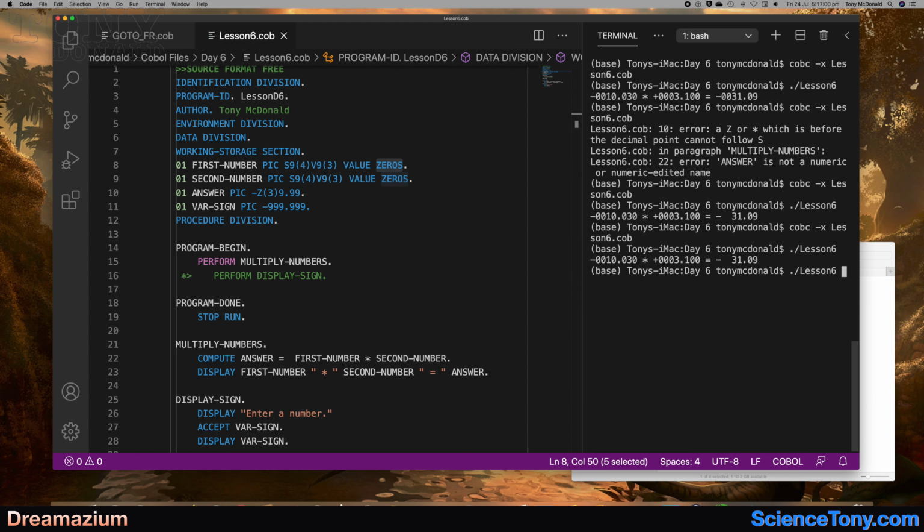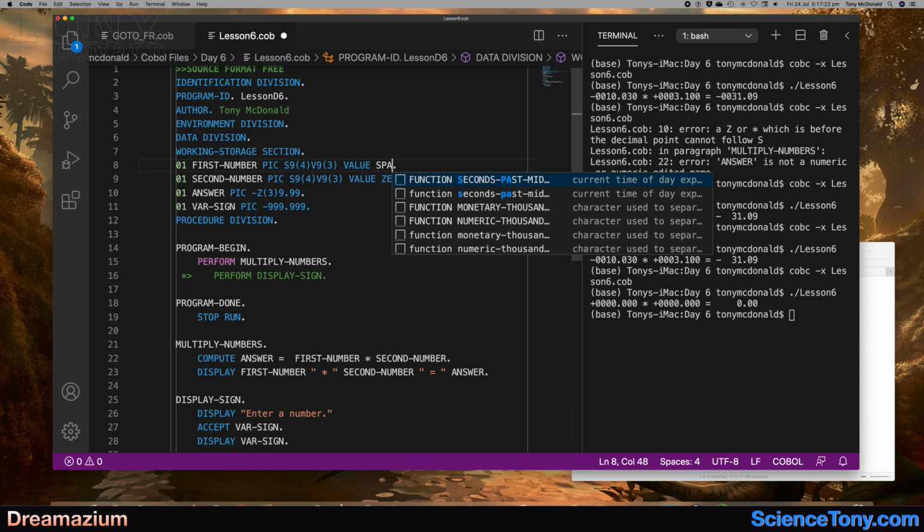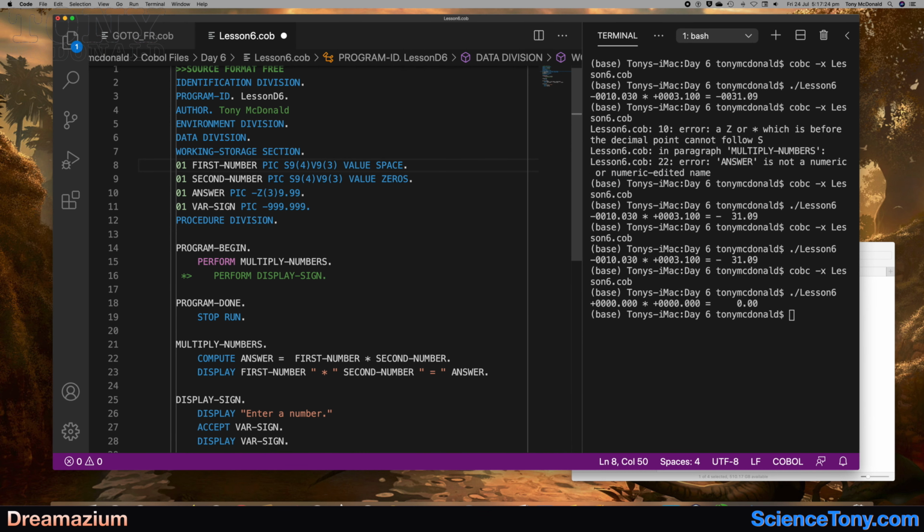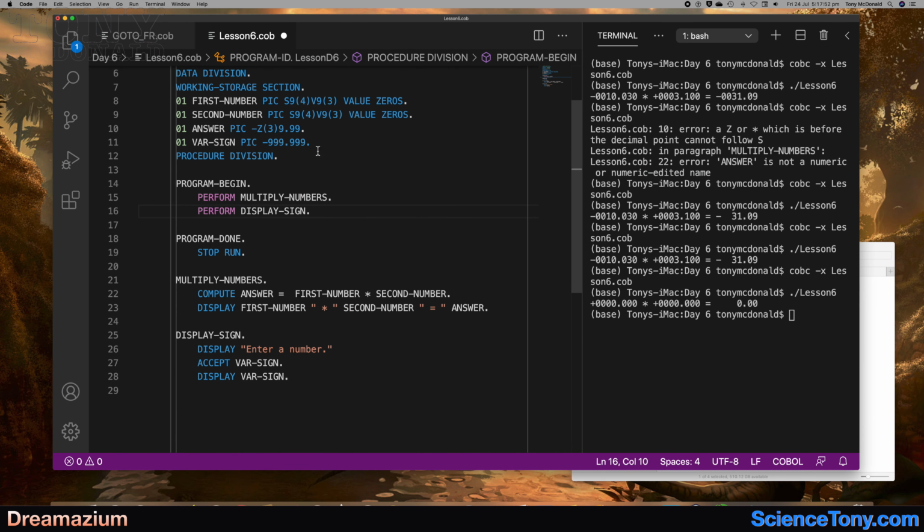and then we go and compile, and it compiles fine, and then we run the program, and of course it comes back with 0 because it's all been initialized as 0. If this was an alphanumerical value, you could have space, but it's not an alphanumerical value. So we've been over the display signs. It's move. So if I have verse sign,